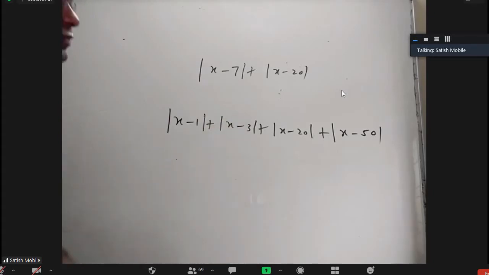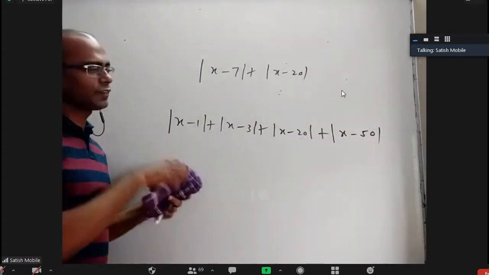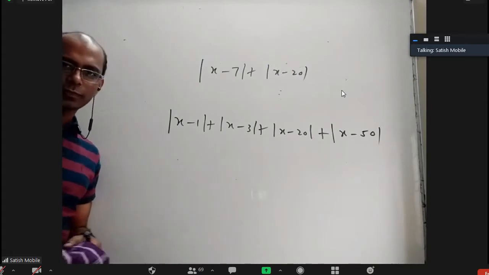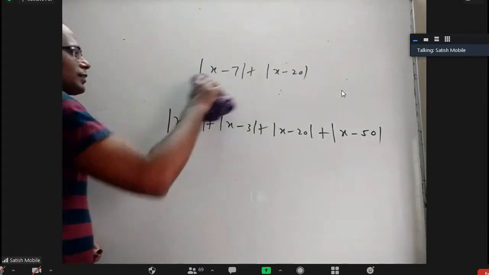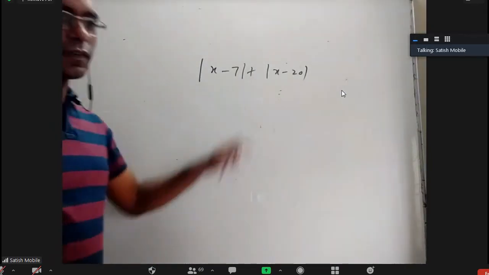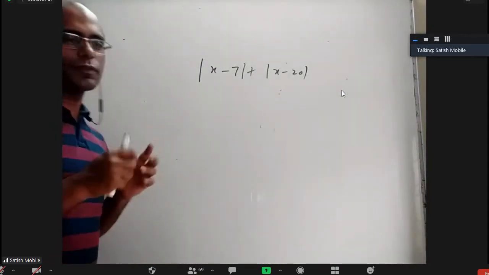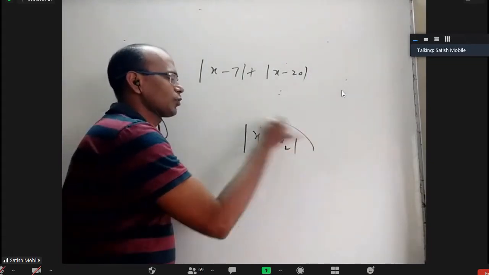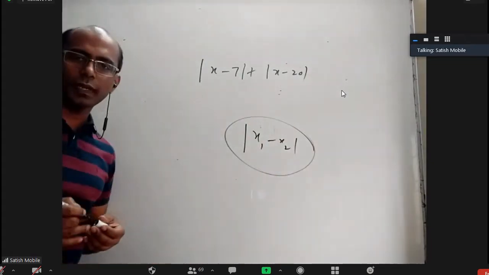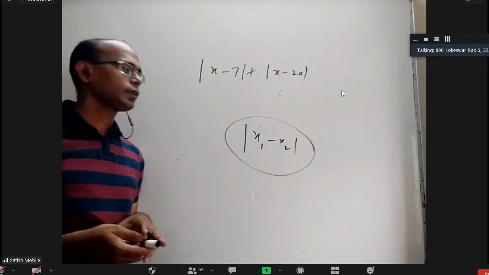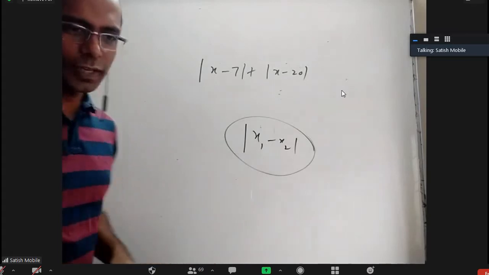Anyway, I'll give some explanation for this. Why only 4 things? If I give 19 things, 100 things also, you can tell the minimum value very easily. I'll come there. Later on, I'm going to discuss graph of this also, but I want to tell one simple point. I told you mod x1 minus x2, what does it represent on the number line? Distance between x1 and x2, right?